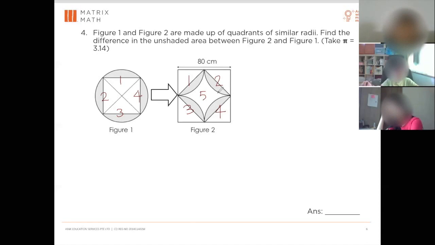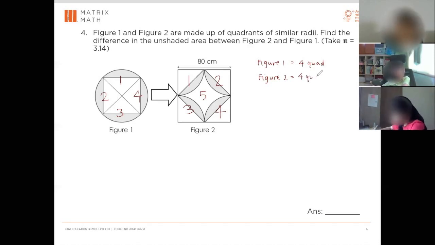Okay, so in this case, what it simply means is that figure 1 has the area of the 4 quadrants, which is equal to a circle. The only difference in figure 2 and 1 is the number 5. Yeah, correct. So figure 2 has not just 4 quadrants, but the number 5 here as well. So what it simply means is that you just need to find the area of the square and the